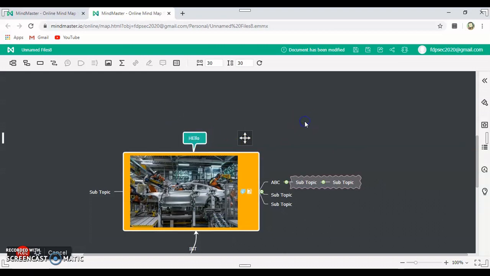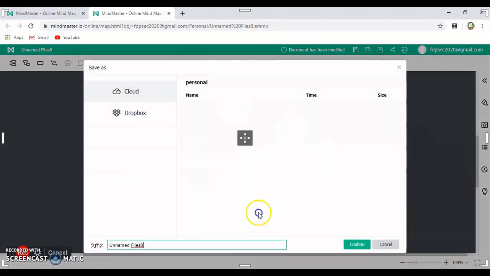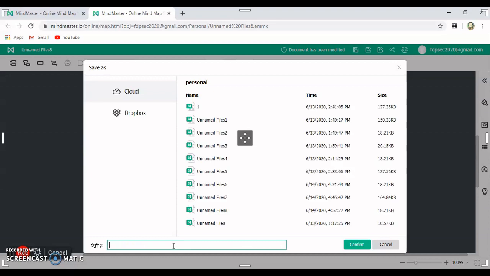So moving on to the saving options. Here I can directly save this with the same file name, or click on save as and change the file name.